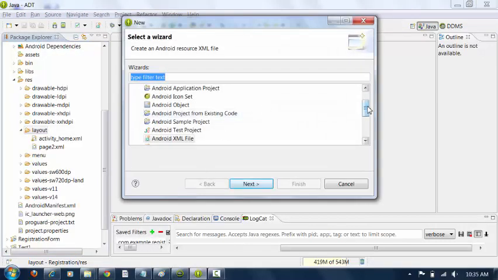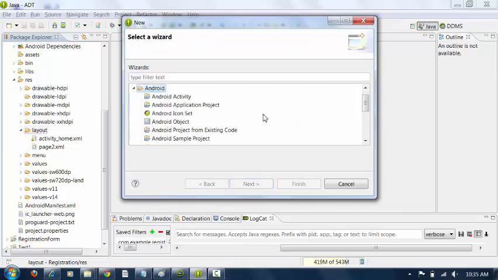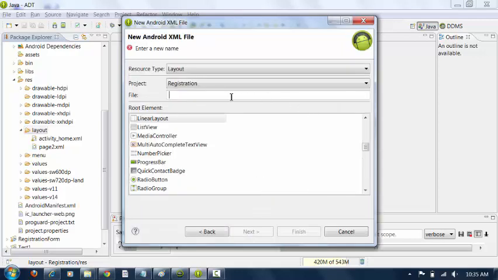Here you will find an option called Android. Open that folder and you can select the Android XML file. Here it is. Okay, click on the next button. You have to give the name for the XML file. So I'll give it as page 3,